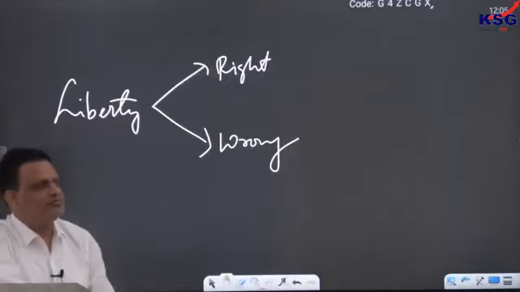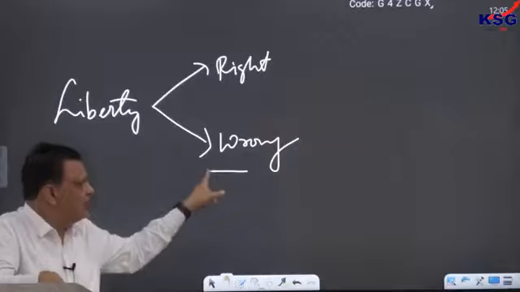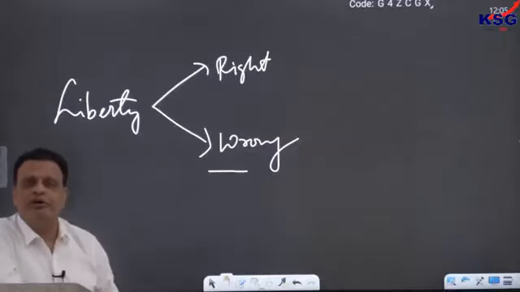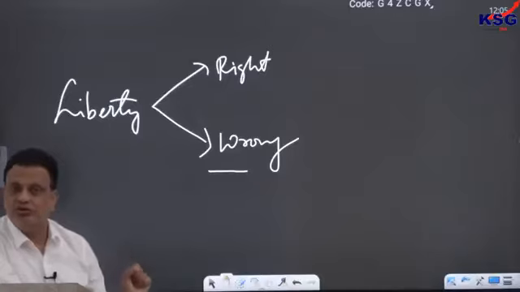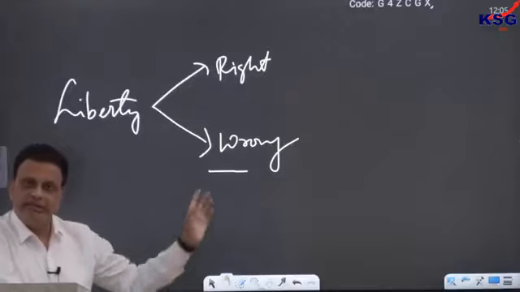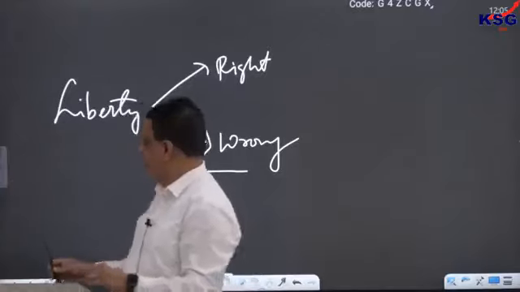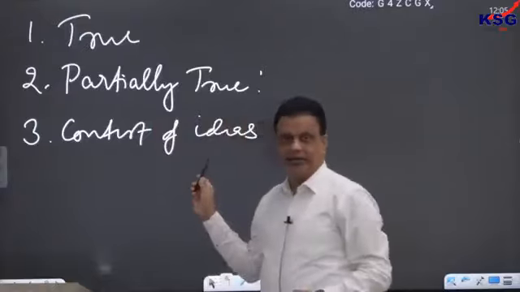Jokes apart, the idea is: what is the importance of these wrong people? Mill will say that these so-called wrong people perform a very important function in society. What is the function of these so-called wrong people? The function of these wrong people is that when they say something, they force us, they allow us, to enter into what he calls a contest of ideas.